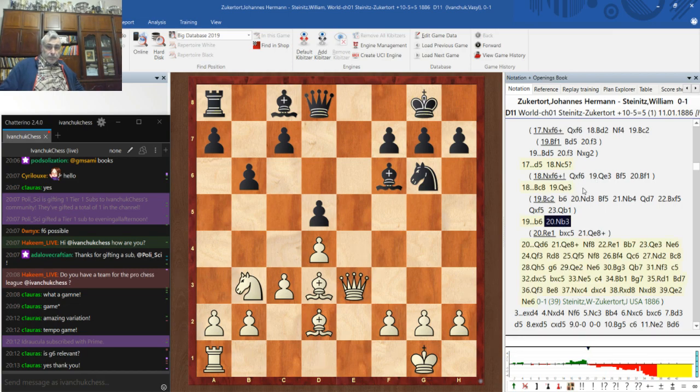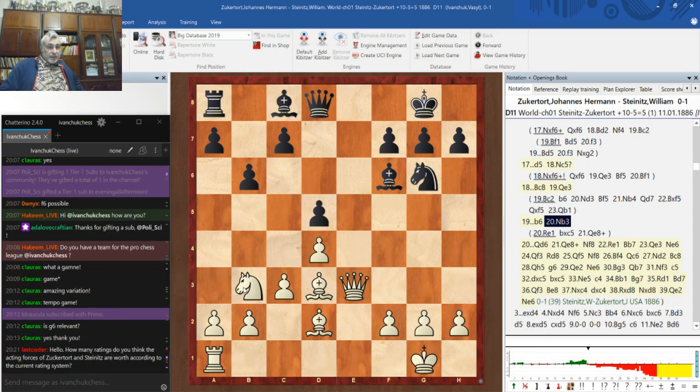So knight b3. Now the white knight is quite passive. And black has